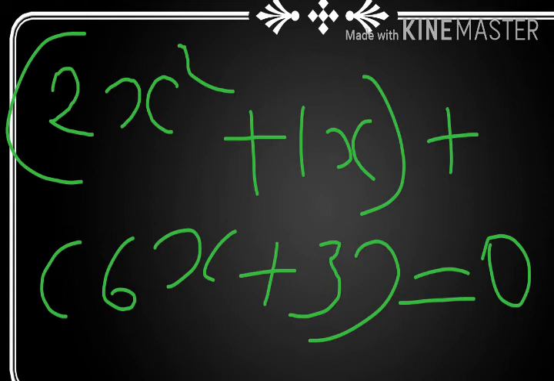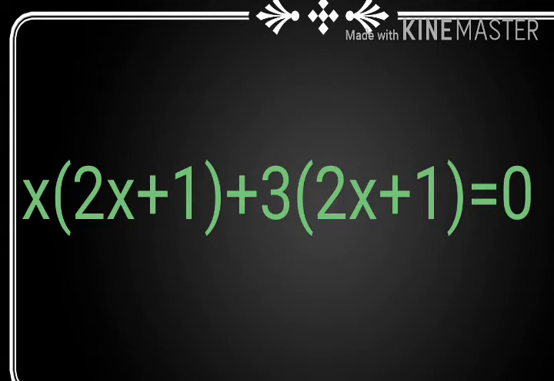Here after the plus sign we put the bracket, so there is no change in the signs. Then we can take the common factor outside. Which is the common factor in the first group? Only x. So which will be remaining? 2x plus 1. From 1x we take x outside, then 1 remains. So 2x into x plus 1.